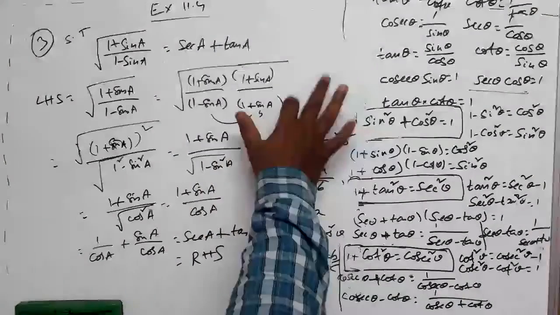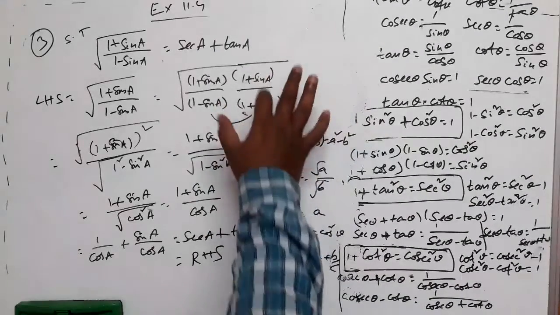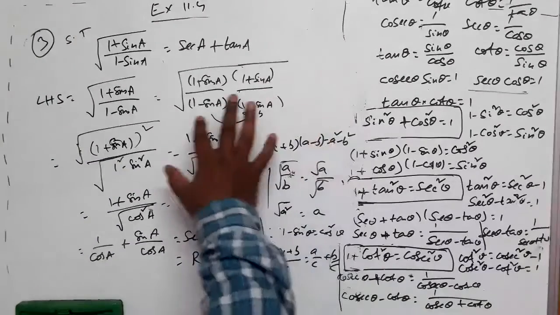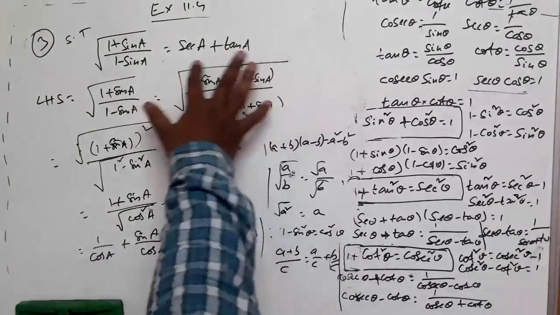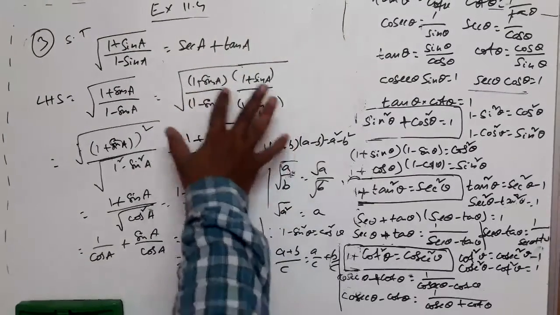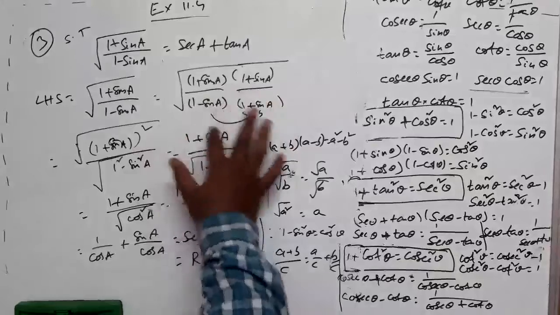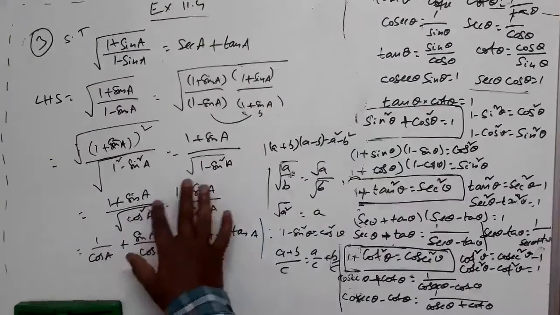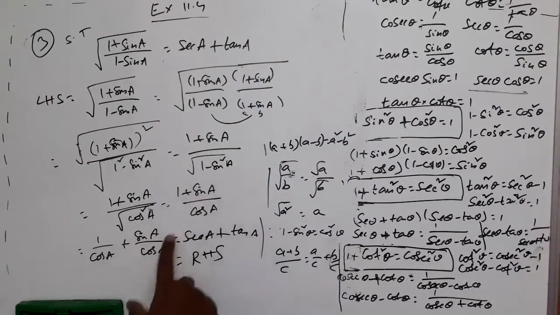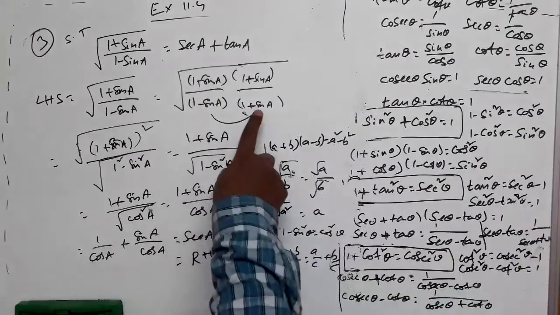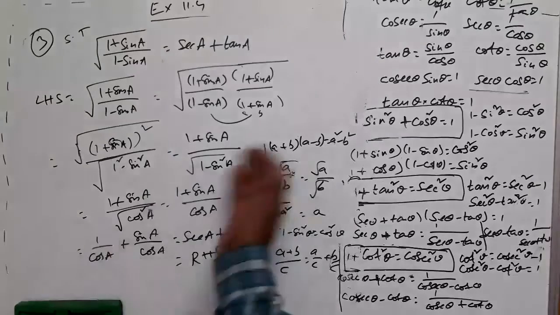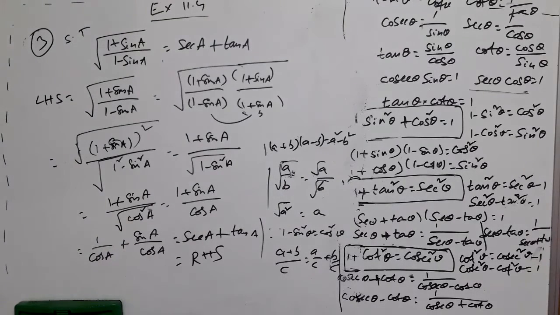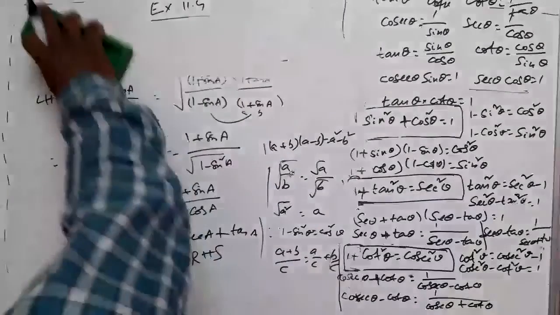That is why you have multiplied and divided by the term 1 plus sin a here, because you don't want the denominator also. That's why you have to convert the denominator into 1 minus sin square a. You have multiplied and divided by 1 plus sin a, right? If you can remember this, it will be easier. It's a very simple thing. This is question number 3. Next, let us proceed to the next question.